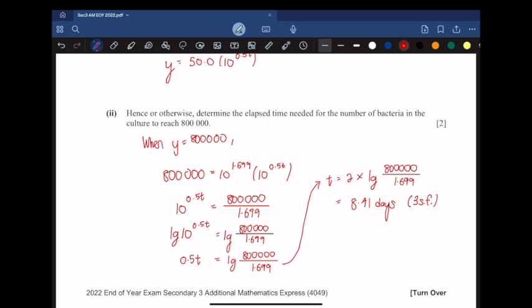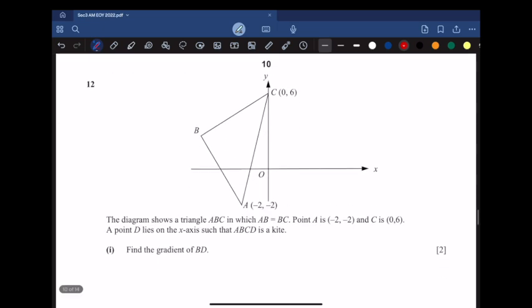Okay, let's move on to question 12. Question 12 is a coordinate geometry problem. It shows a triangle ABC whereby AB is equal to BC, so I can label them AB equals BC. Points A and C are given. Point D lies on the x-axis such that ABCD is a kite. That means point D lies somewhere maybe here. Remember, in a kite,